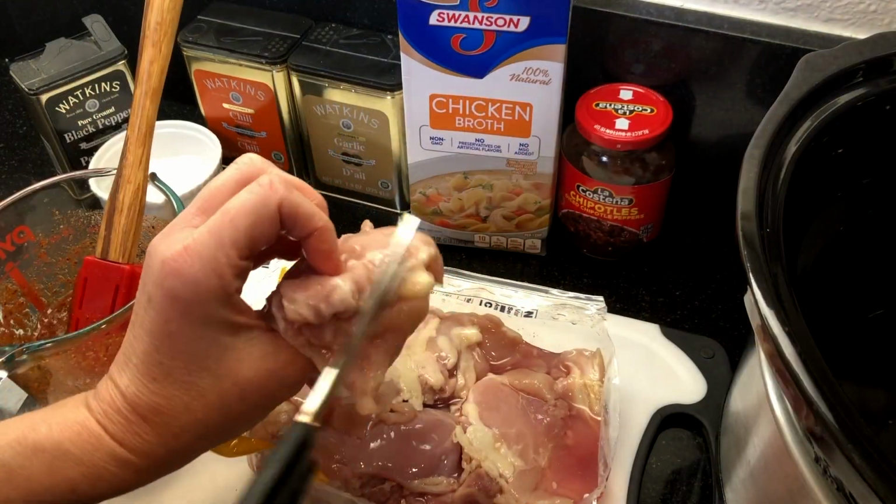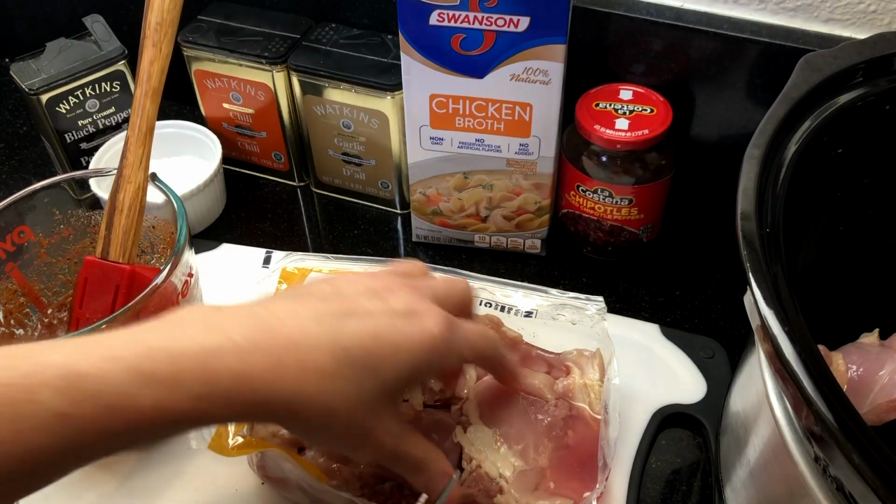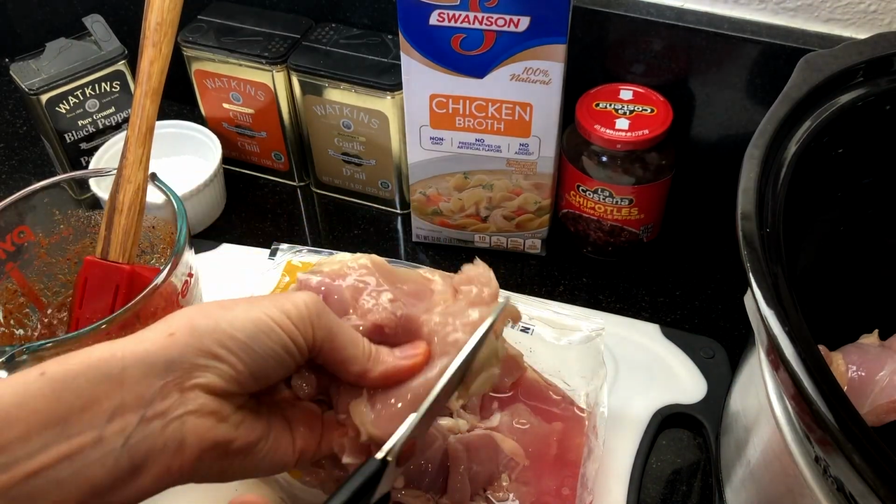Next, trim 2 to 3 pounds of boneless, skinless chicken thighs and add them to the bottom of the slow